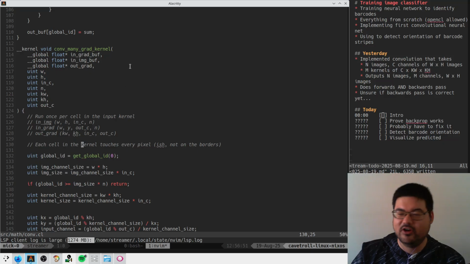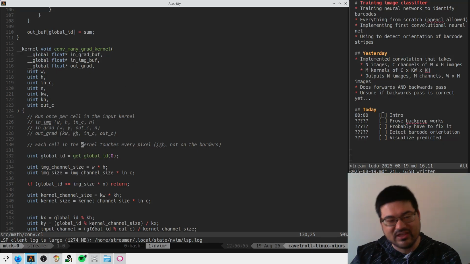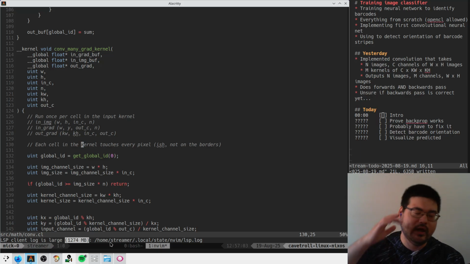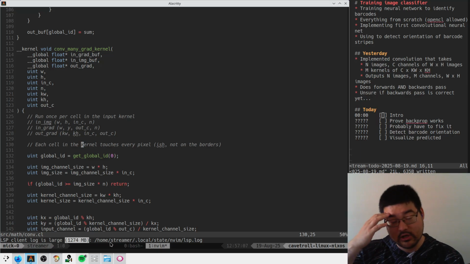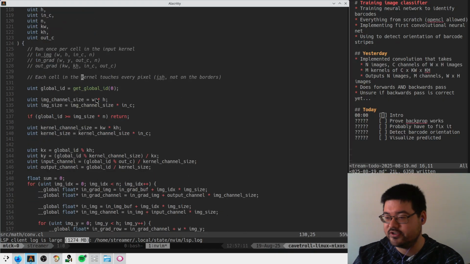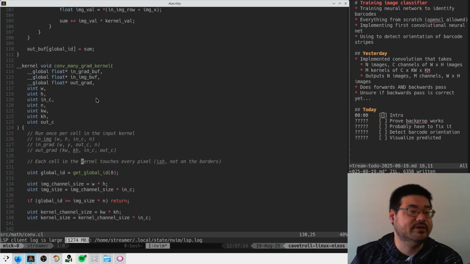1 gig LSP log is crazy. Yeah, that is kind of crazy. I should delete that. I think it probably grew a lot when we implemented some LSP thing at some point. Oh, for the code map visualizer that we never used. And so that probably blew it up a lot because we were using debug logs. But anyways,